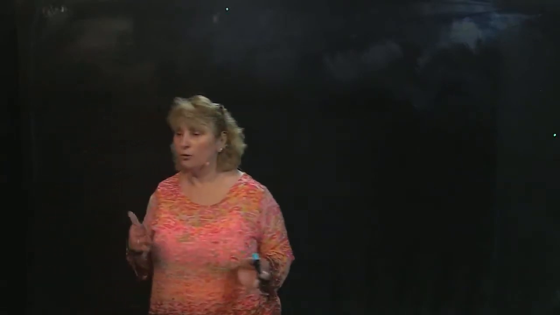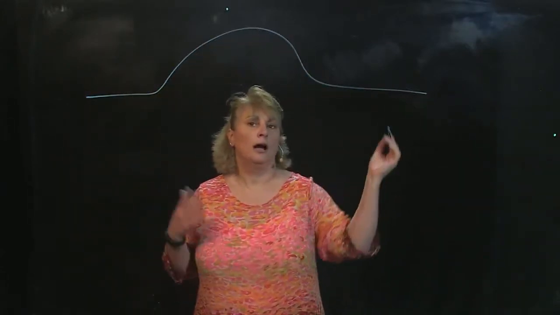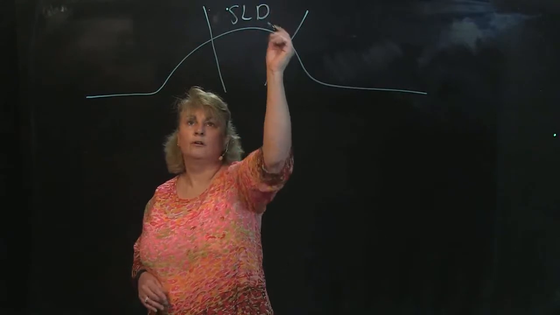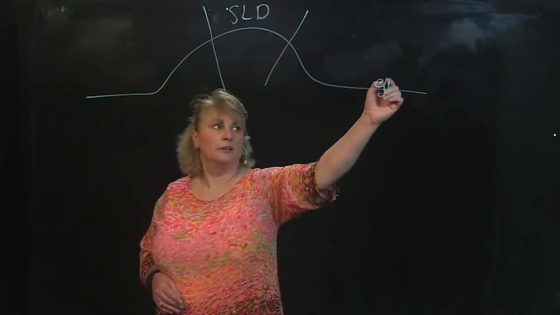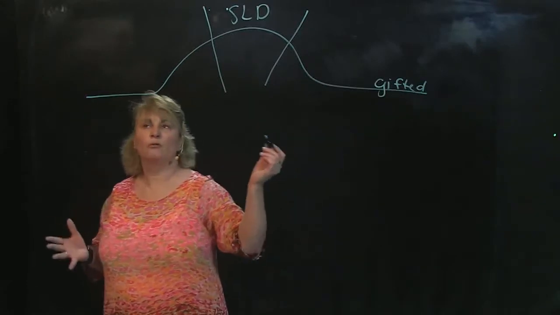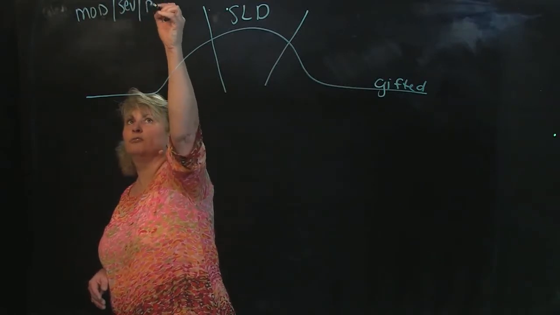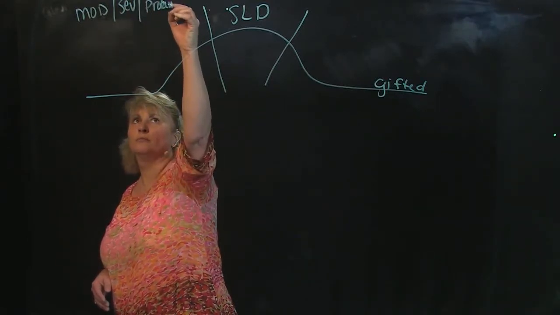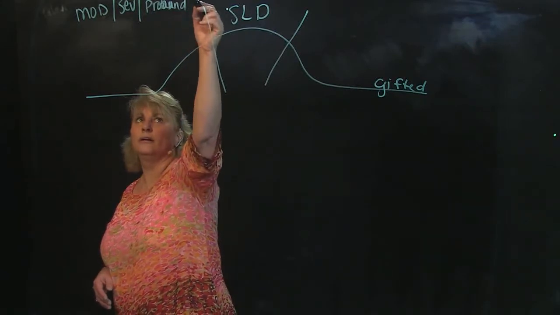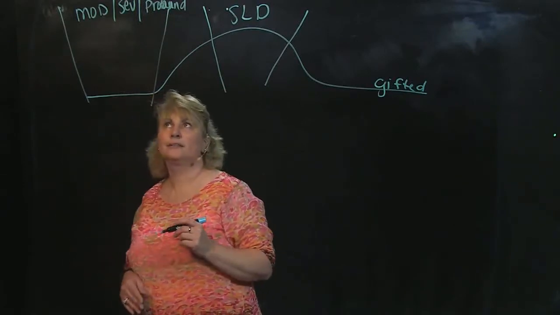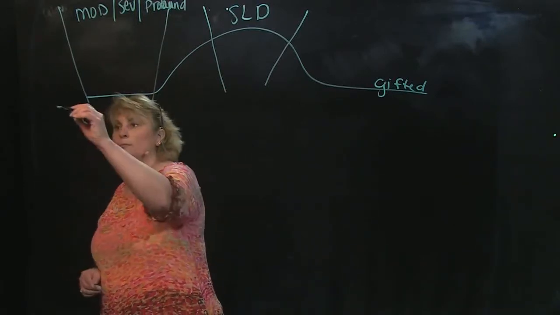So, what are the levels of moderate, severe, profound? I'm just going to draw our bell curve. You know, the majority of our students with SLD fall here. And here's our gifted. So what we're talking about with moderate, severe and profound are in this range here. You can't really see that. Anyway,